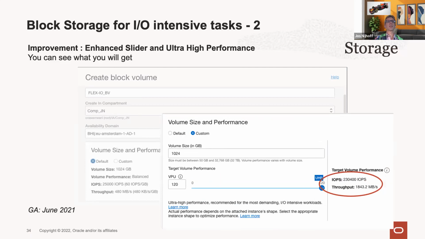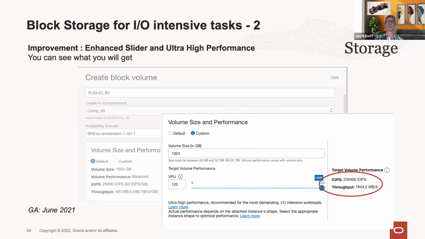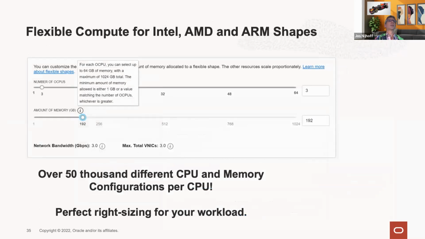Of course, it still depends on the volume size. So if you increase the volume size, it gets better. That's still the rule, but you can also independently set this. A nice feature. And while we're at it, that's not only for block volume storage, for the I/O performance, for the sizing, but